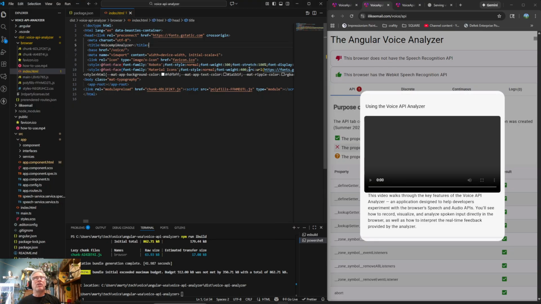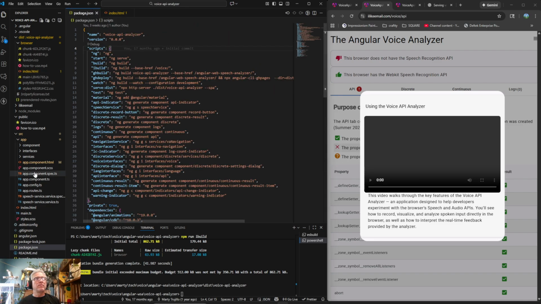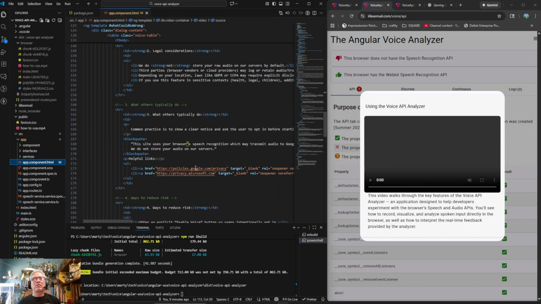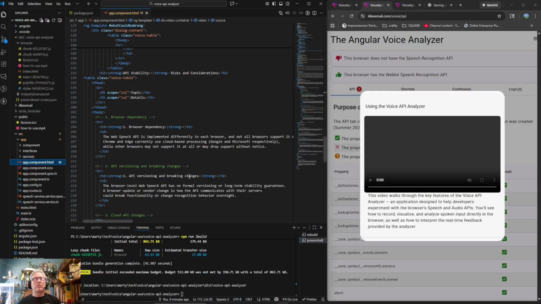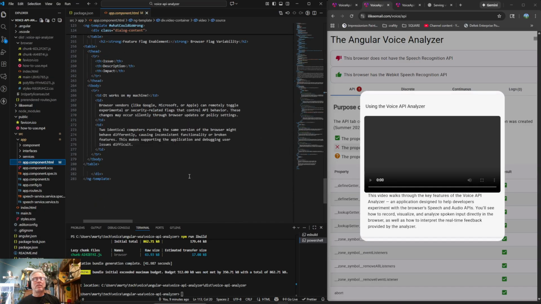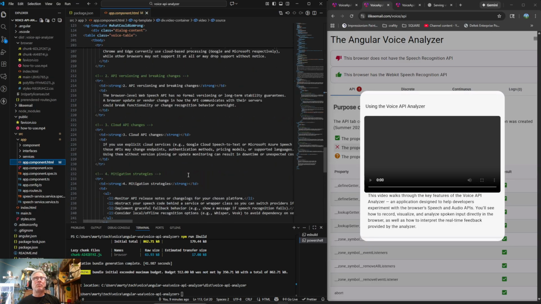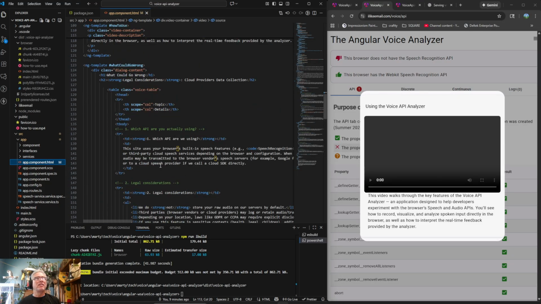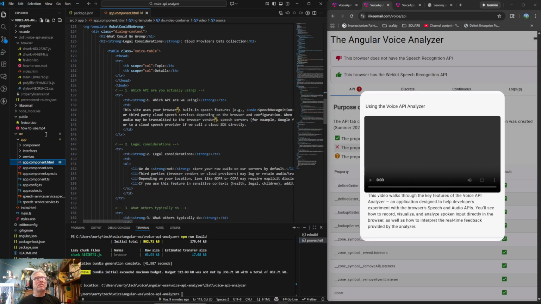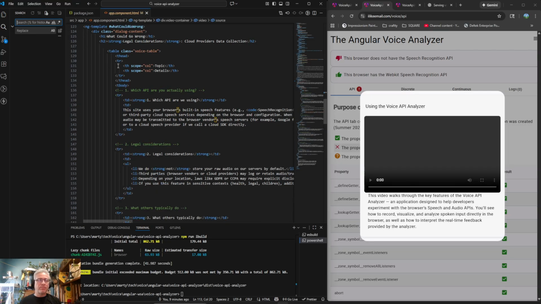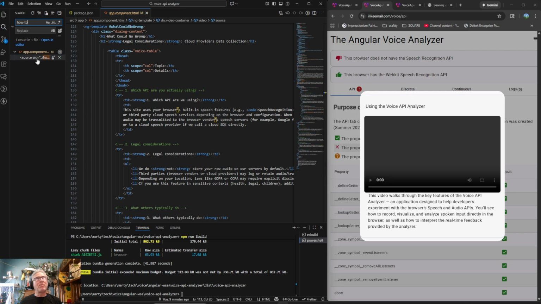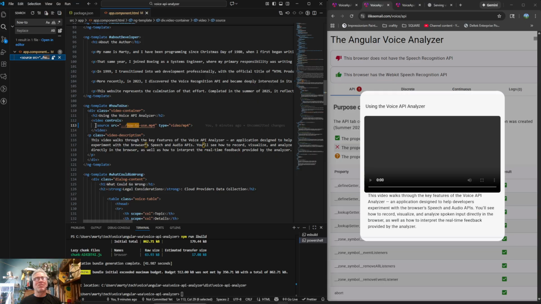Okay, so my code is like this. Let me hit back, back. So I could fully qualify it, but then that would break the other one. And then I could add logic to say, hey, where is it? It's in my app component. All right, so this is what I have.